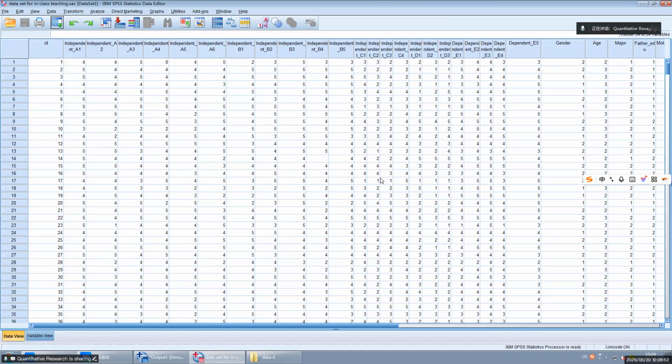For example, African students, European students, Asian students, they merely represent students from different regions, right? They do not represent any difference in levels. They are equal, right? Merely representing different regions. So this type of categorical variable doesn't represent any differences in levels.